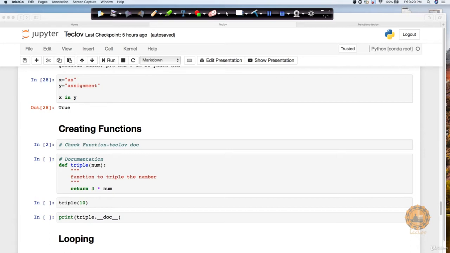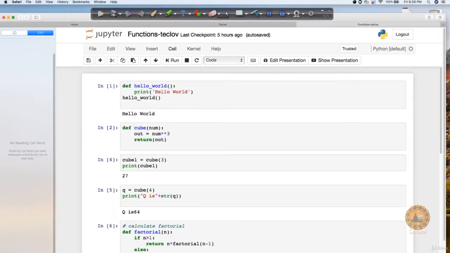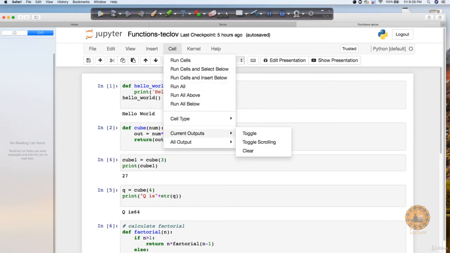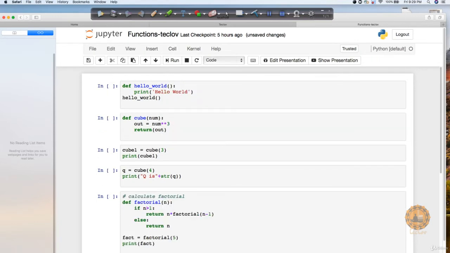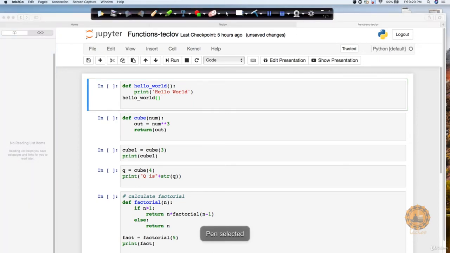Now let's see how to work with functions. We have to check this particular doc. So let's come here. Here we are going to create functions. Let's first understand how to create one. Let's say I want to create a function called hello_world. To create it, I always start with the keyword def. It's a fixed keyword in Python, def, which means definition. What is the name of this function? hello_world. I'm not passing anything, which means there's no parameter inside this function.